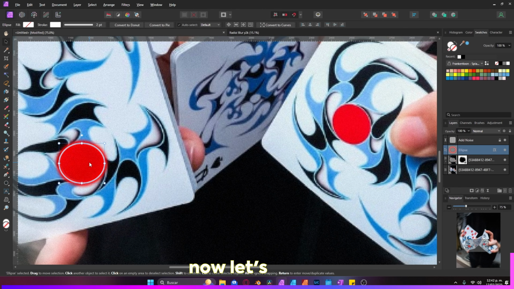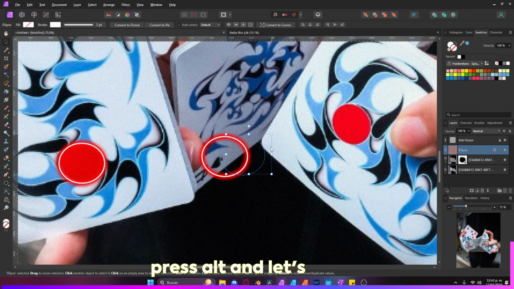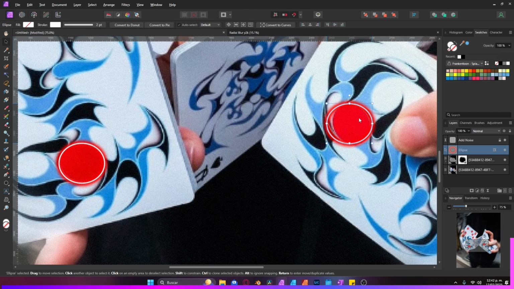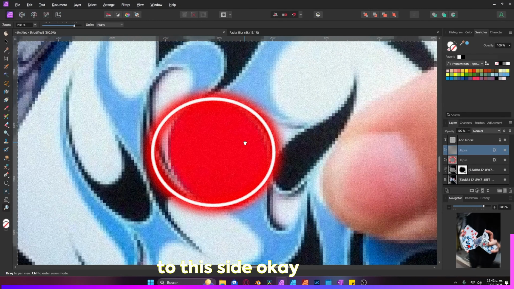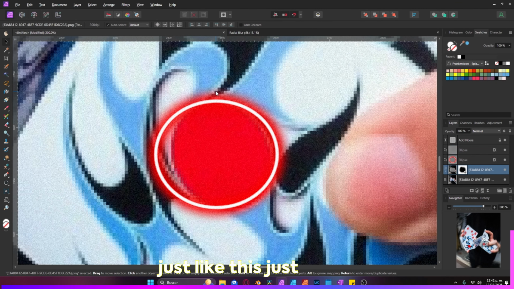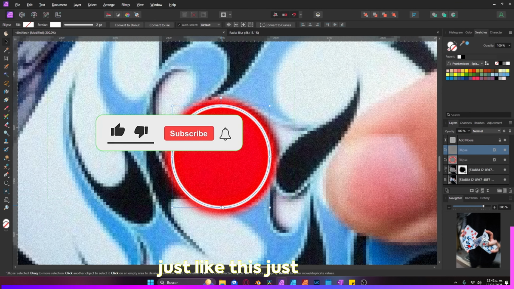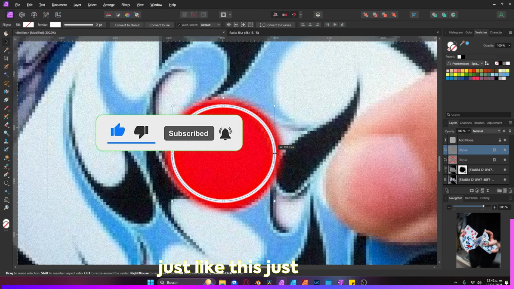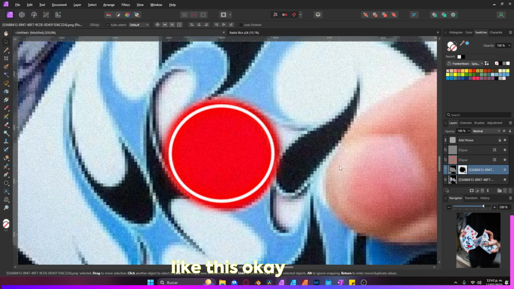So now let's just duplicate. To duplicate something, you're going to click here and press Alt, and let's just move it to this side. Okay, just like this, just like this. Okay,